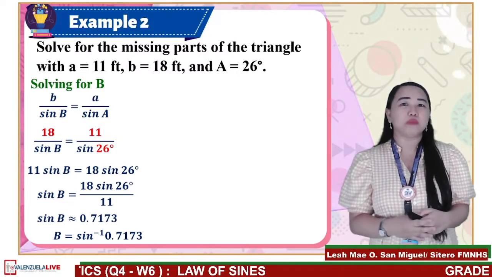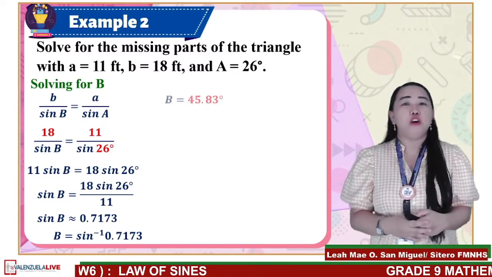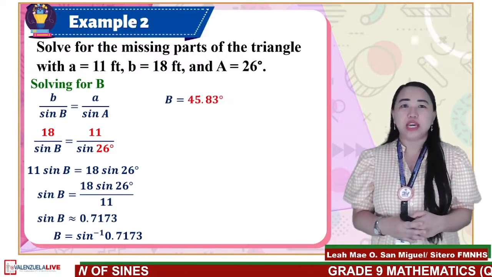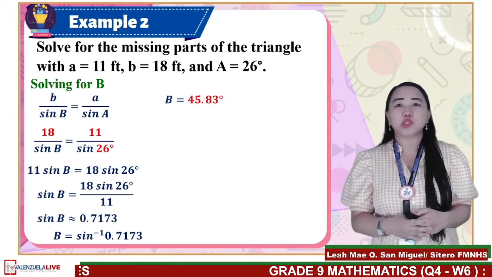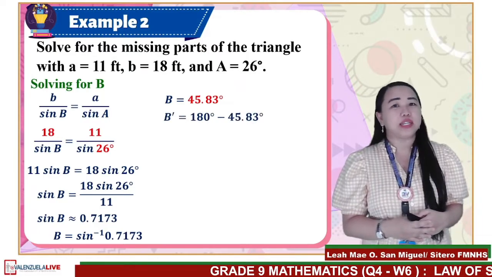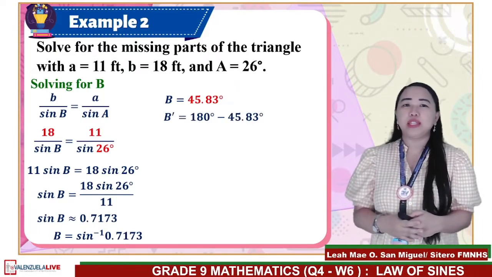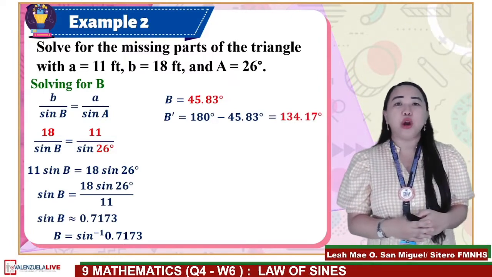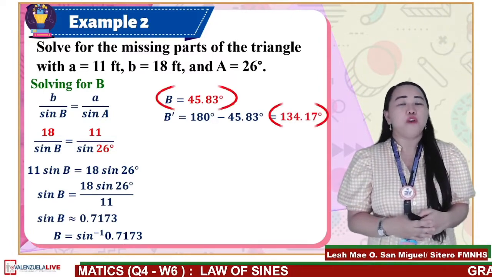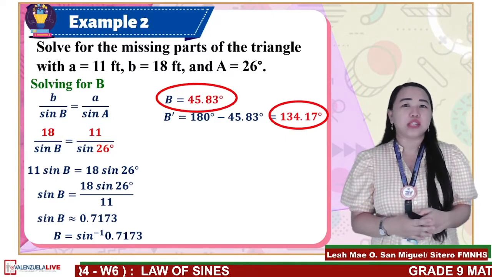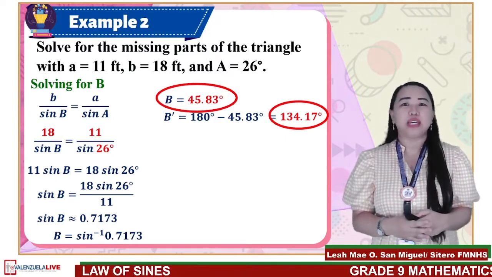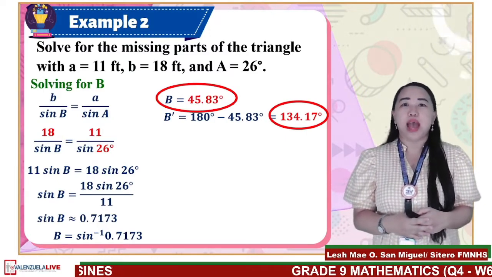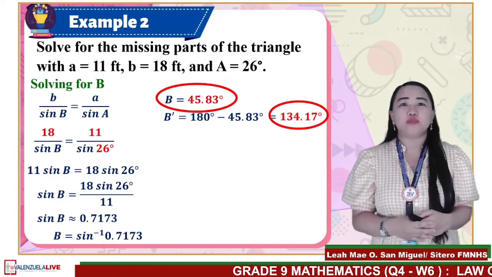We get the approximate measure of angle B, which is 45.83 degrees. For its obtuse supplement, 180 degrees minus 45.83 degrees, and this is equal to 134.17 degrees. 45.83 degrees and 134.17 degrees are the two possible angles. Verify if the obtuse supplement